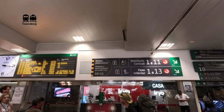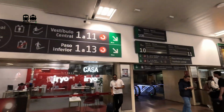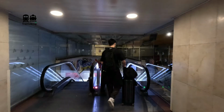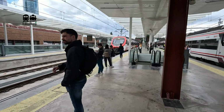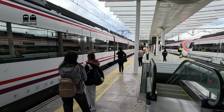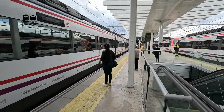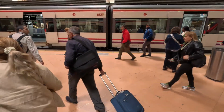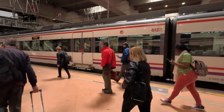Chamartin didn't used to be used for the high-speed trains, but since they made a new underground passage in the city of Madrid that's also suitable for the high-speed trains, some more high-speed trains will use this railway station, simply to release the pressure on Madrid Puerta de Atocha railway station. There was some big construction works going on over here as well, so I think it's gonna look way nicer